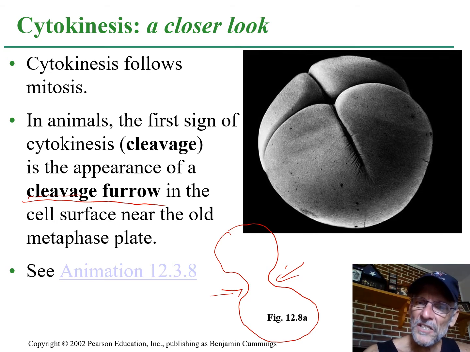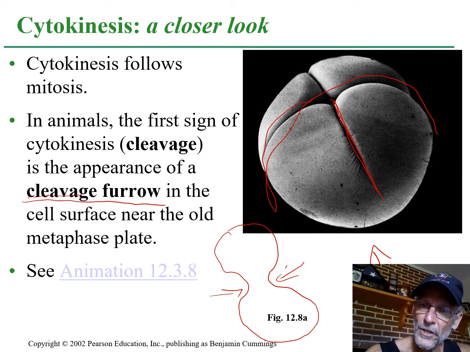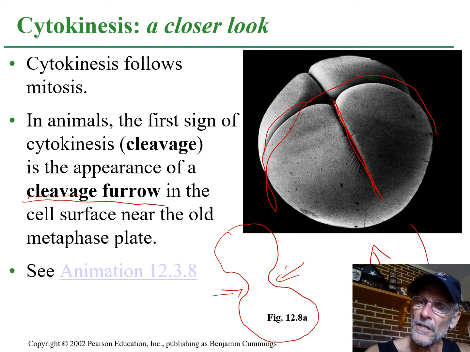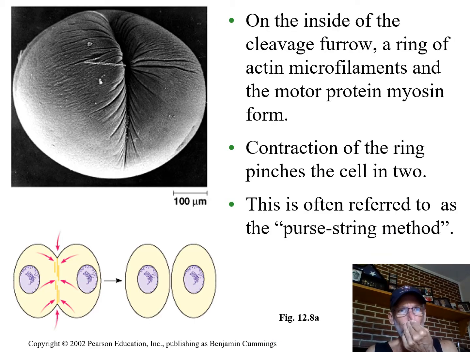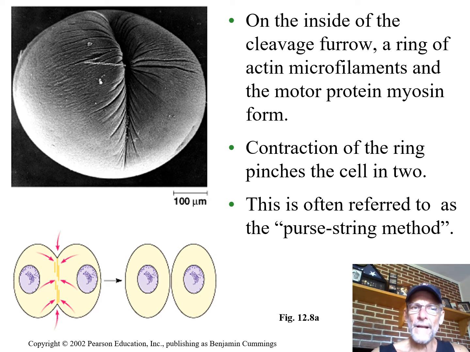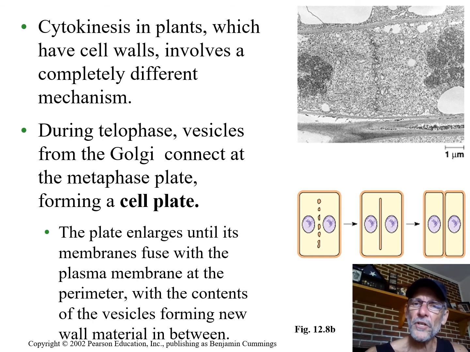This is actually already 2 cells. It's already been separated right here, and it's just beginning to separate here into 4 cells. You and I used to look like this at one early point in our life, just shortly after we were called a zygote. Okay, so here you see it again, this cleavage furrow splitting in. Again, if you're an animal cell, this is what happens. But if you're a plant cell, your cell wall is too thick and tough to pinch in like this. So this is how you accomplish